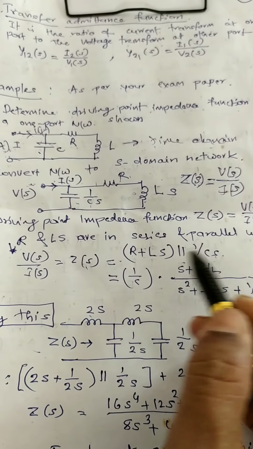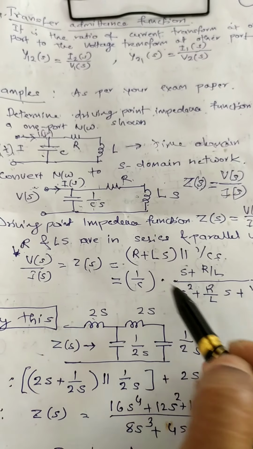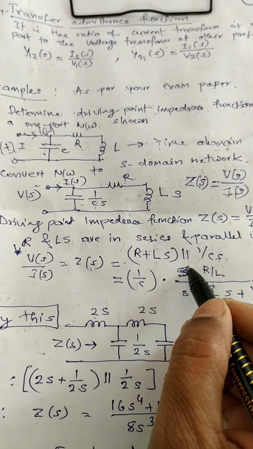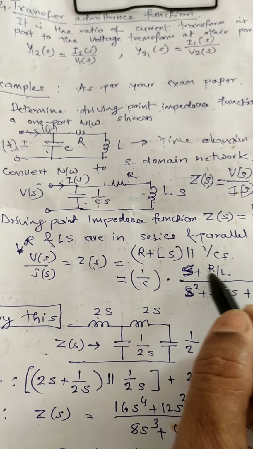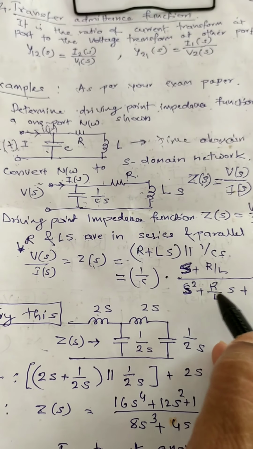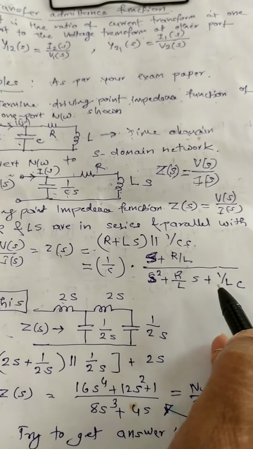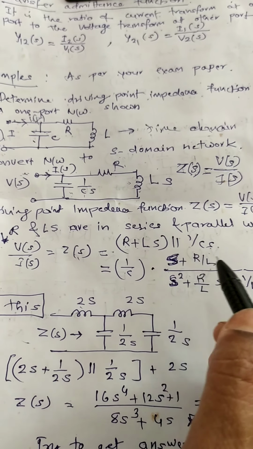While doing the calculation, you must get expressions like this. S is a complex variable, called the complex frequency variable. Others are numbers, R as a value, L as a value, and you will get something here, say 0.2 S over S square plus 0.2 S plus 1, plus some value, 1 by L is some value. This is a quadratic equation, a polynomial of second order, and here it is a polynomial of single order.